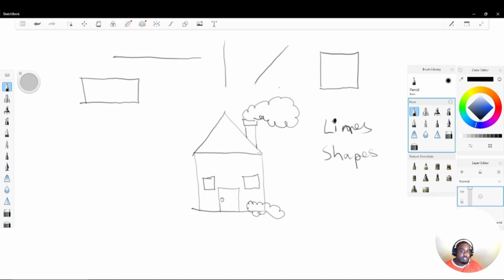right? So the assignment is not asking you to be a professional artist, it's just asking you to use two basic elements of art to produce a drawing or a composition, right? So that's it for this tutorial. Happy working